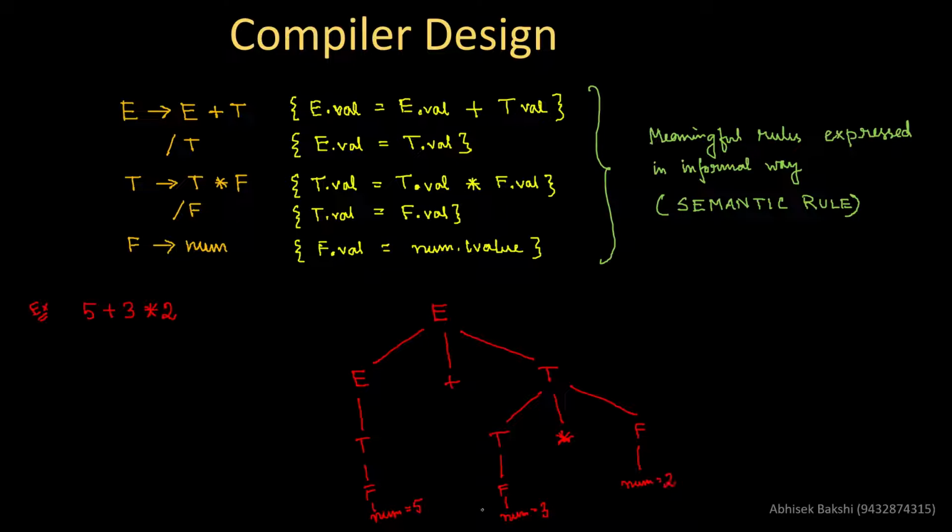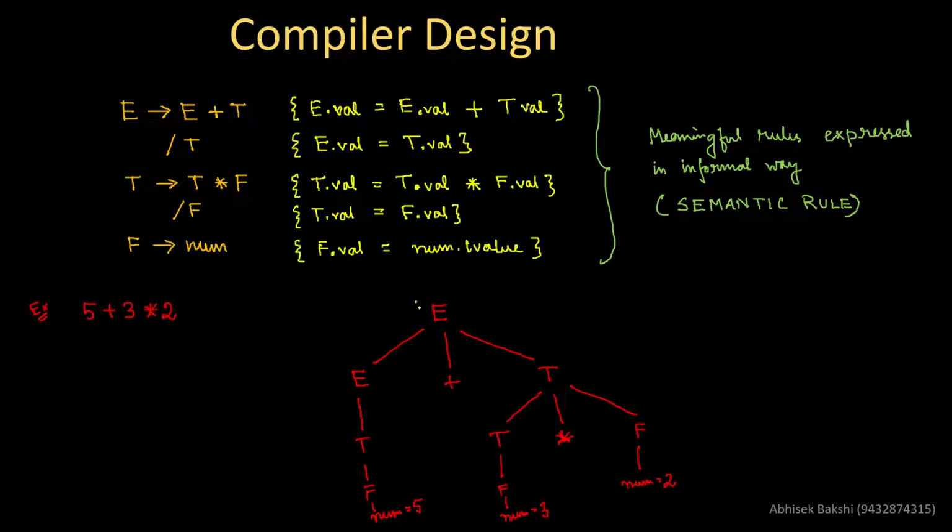Now the question is, when this parse tree is already in hand and you are in the semantic analysis phase, what basically do you have to do? You have to apply the rules presented over here to evaluate the string. Just for keeping the rules simple, I have considered the attribute of each and every node as val, but it is not mandatory that the attribute has to be val in every case. I can have some other attribute over here, but ultimately the function and the job remain the same.